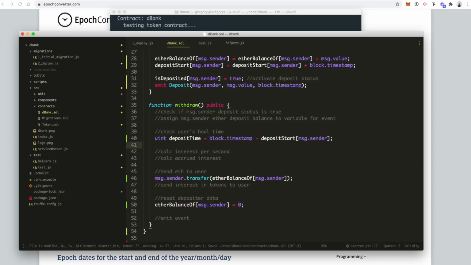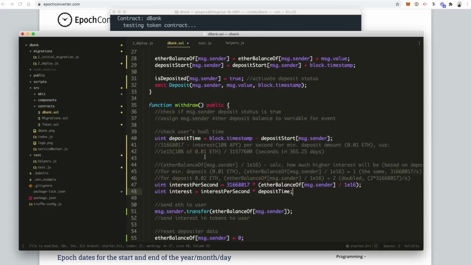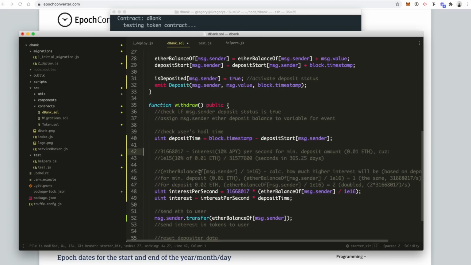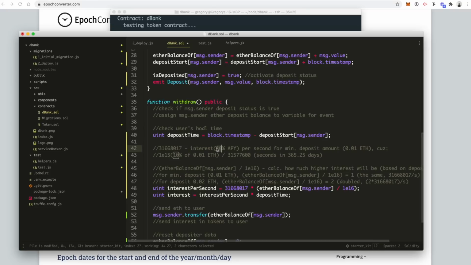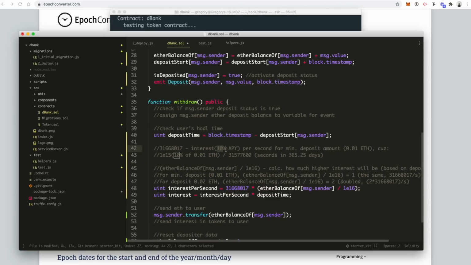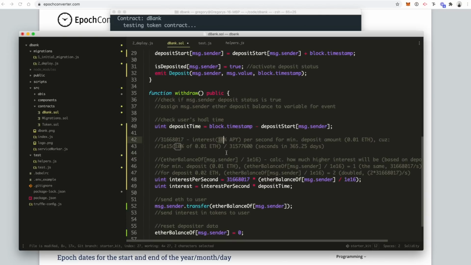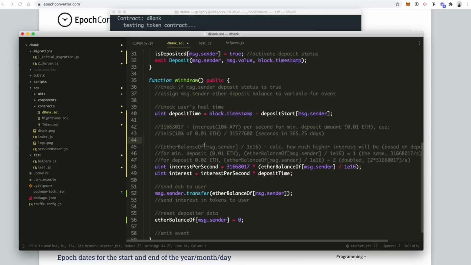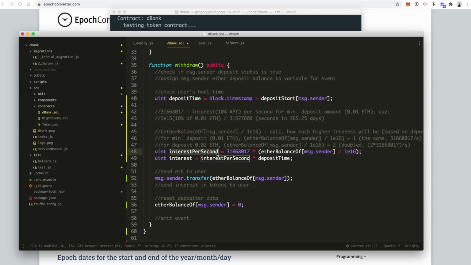And then we can calculate the interest like this. We take an annual interest rate and calculate how much interest that person would earn per second. So for example, if the interest is 10% APY, or let's just say 10% per second or something like that, then this is how you do it. You would divide it and find the interest per second. All right. And then you get the actual interest, and we give them tokens based on that actual interest like